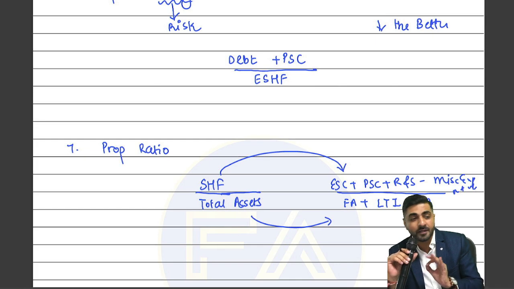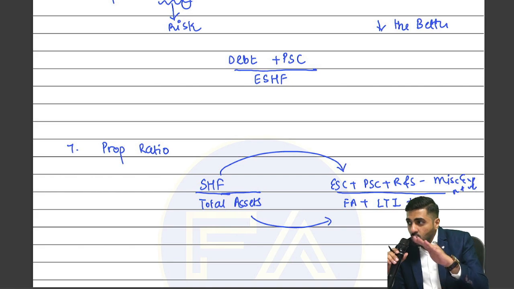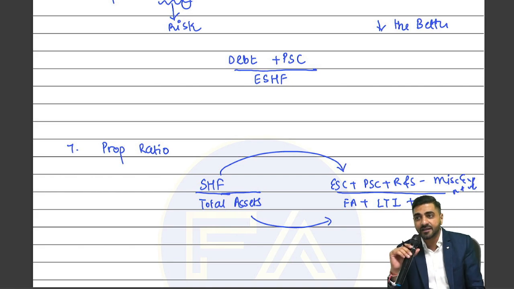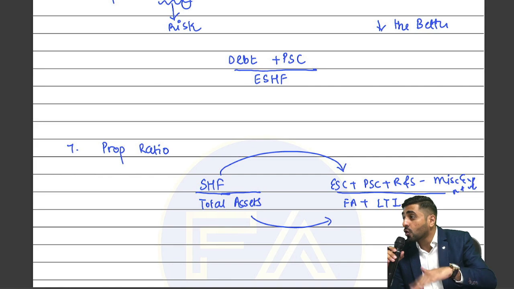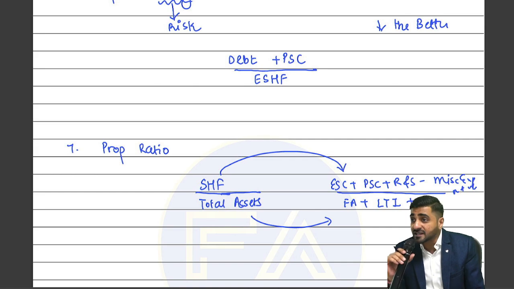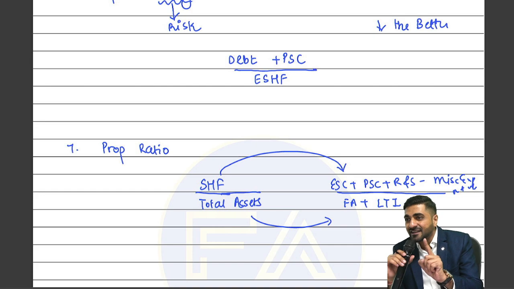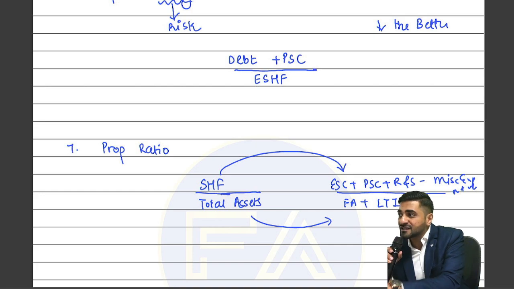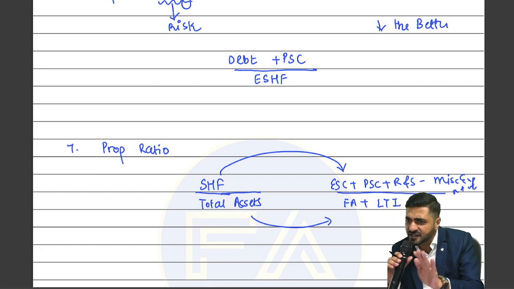These are the elements. Tell me one thing, if the ratio is higher, what will you interpret? Does it indicate lower stability or higher stability? Of course, it leads to higher stability. Why, beta? Because it means that on every 1 rupee of asset, there are more of your own funds involved. And if more own funds are involved, it's a good thing.